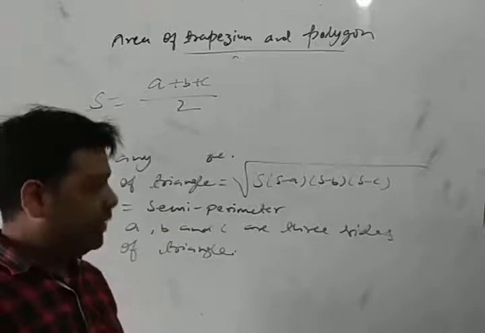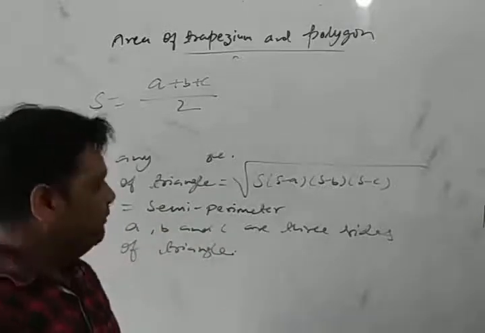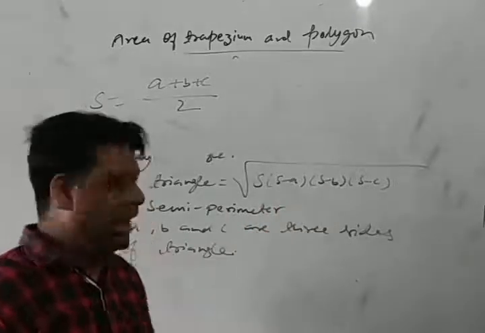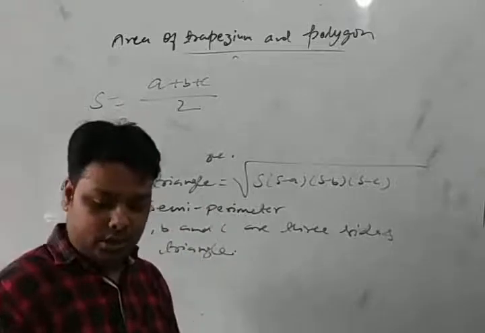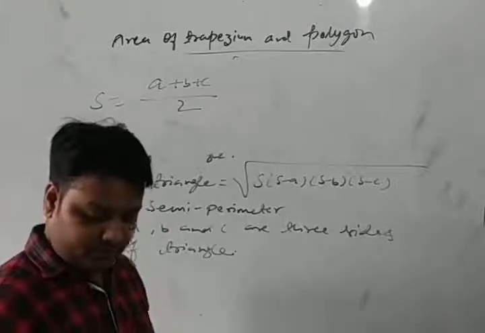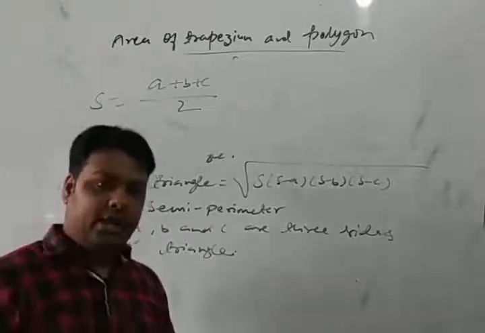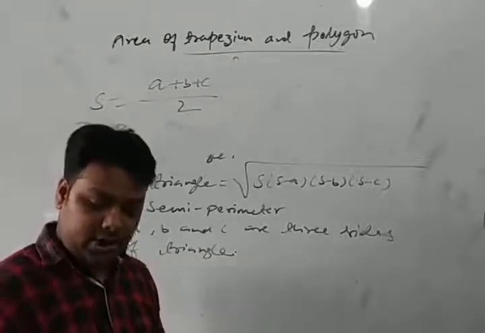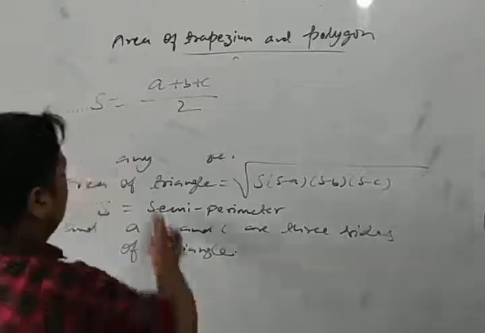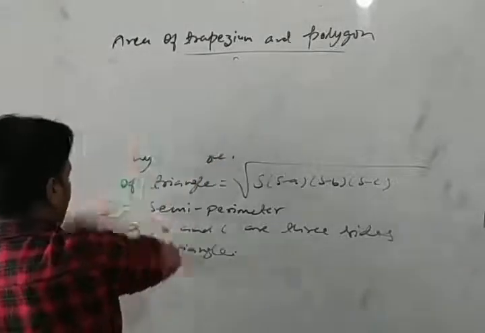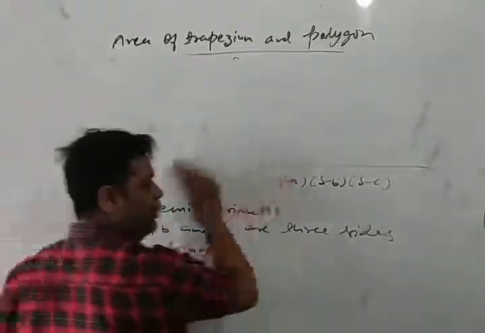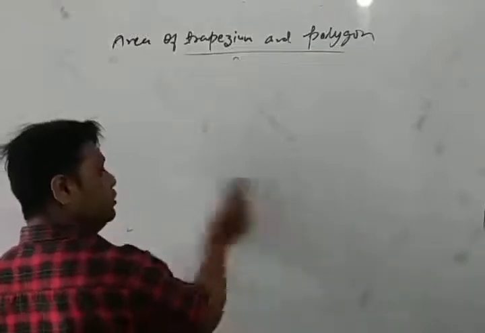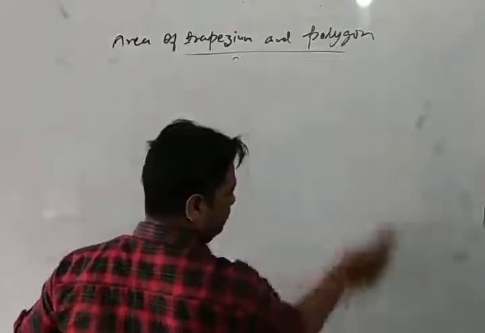Before applying this formula, we first find the semi-perimeter S, then S minus A, S minus B and S minus C, and then we put in the values. Now let's solve one question. If you have to find the area of a trapezium, height is not given, and both non-parallel sides are equal, how can we use this formula? If in a trapezium no height is given, then we use this formula. But if both sides are not equal.